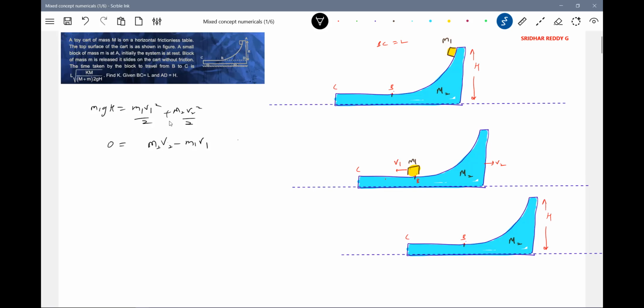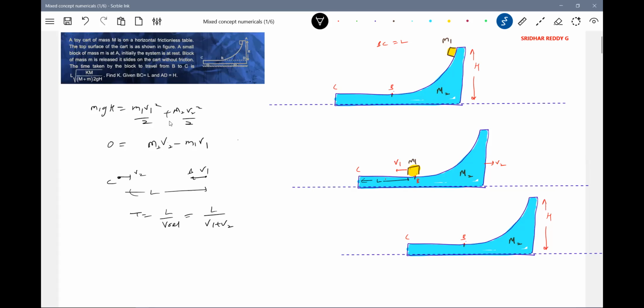Then afterwards, what is the state of this? You can directly take the relative velocity approach. So what is the distance BC? It is equal to L. Just go for relative motion between the block and point C. They're moving opposite to each other. It makes the problem very simple. This is V2. This is V1. What is the time taken by the block to travel from B to C? Finally, they'll meet, no? So this is C, this is B. In this case, time should be equal to L by V relative.